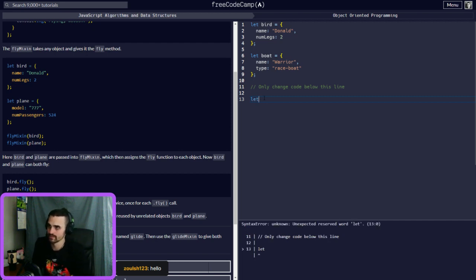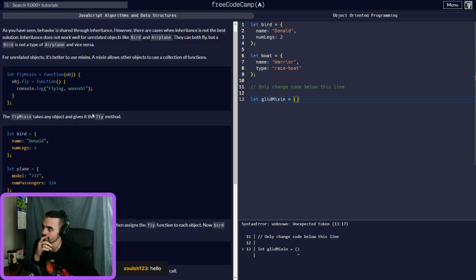So let glideMixin, and it's going to equal, oops, going to use an object, right?